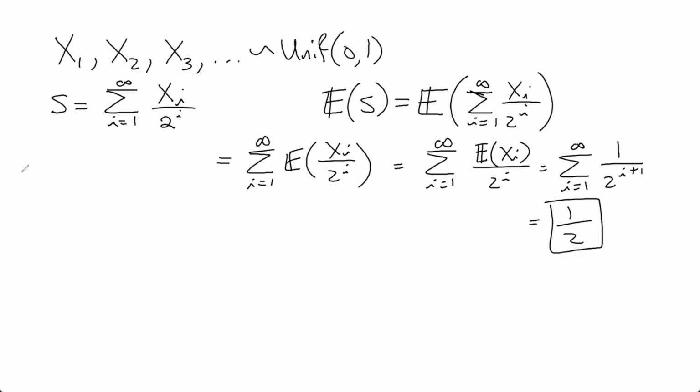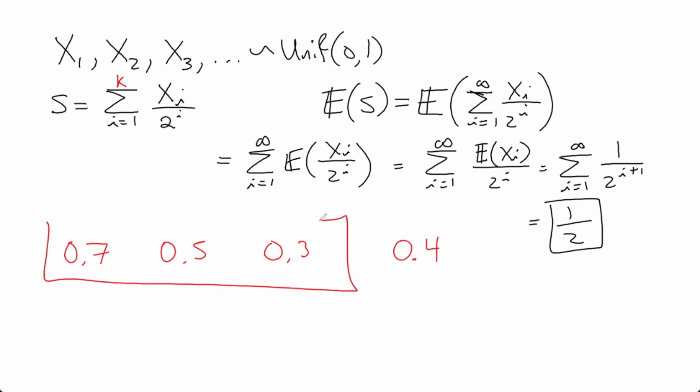I want to make this problem a little trickier by not adding up all the terms in the sequence, but only some of them. I want to add up the first k terms in the sequence. I want to define S in that way. And k is going to be the number of terms in the initial descending sequence. So for example, if my infinite sequence begins with 0.7, 0.5, 0.3, and then let's say the next number is a bit higher. The initial descending sequence is just these 3,